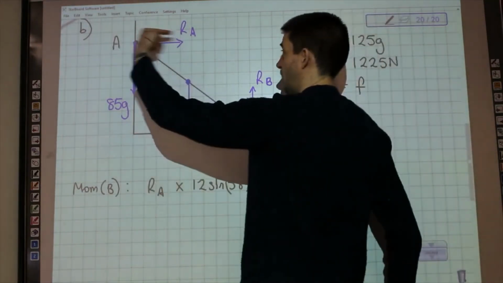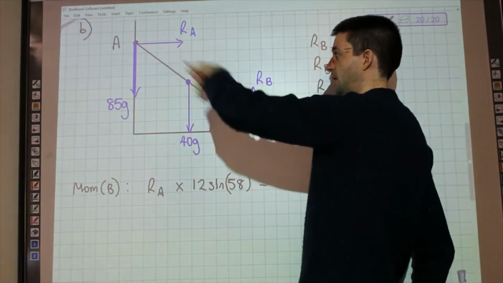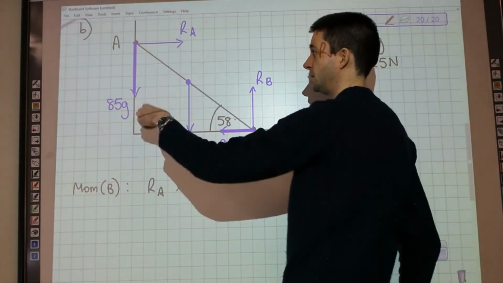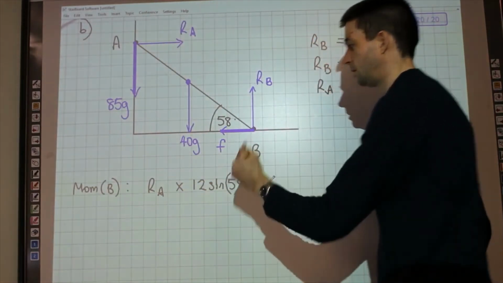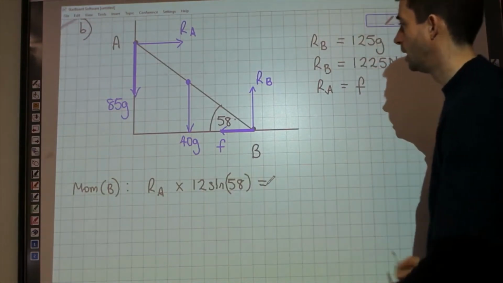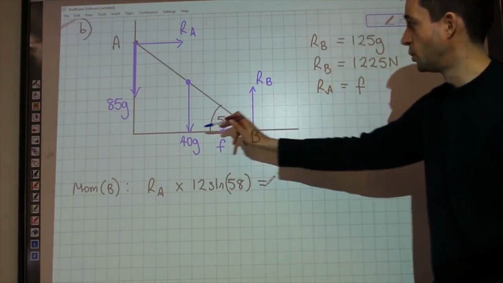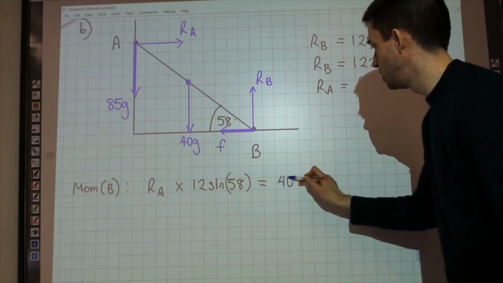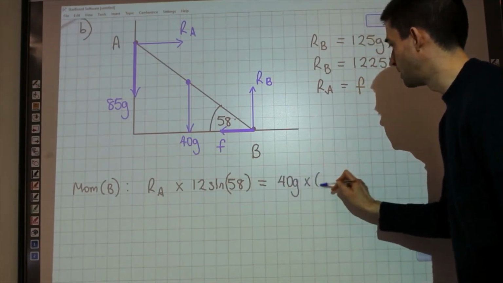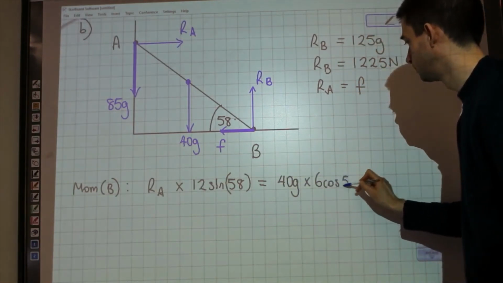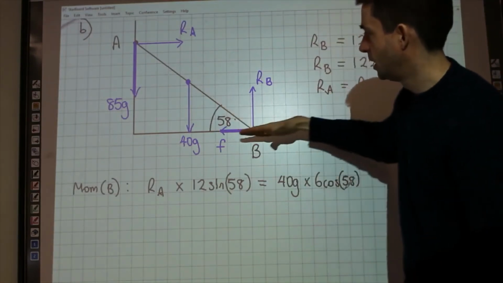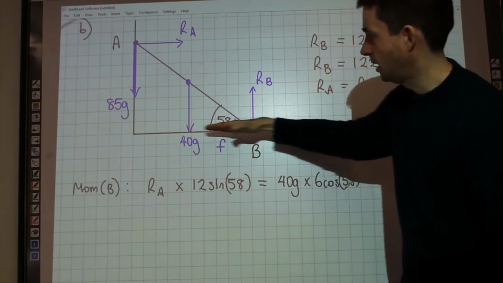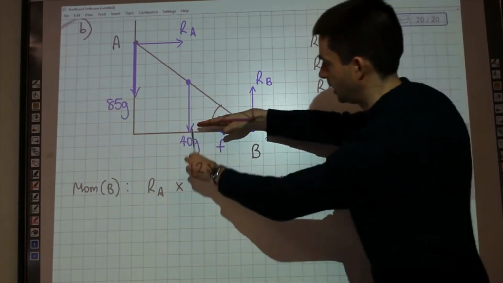Because it's still reaction at A, that's still 12, it's the length of the ladder, that's still the opposite side, line of action of the force, pivot, that's still the same. The other thing that hasn't changed is the 40G. So 40G is still times by 6 cos 58,